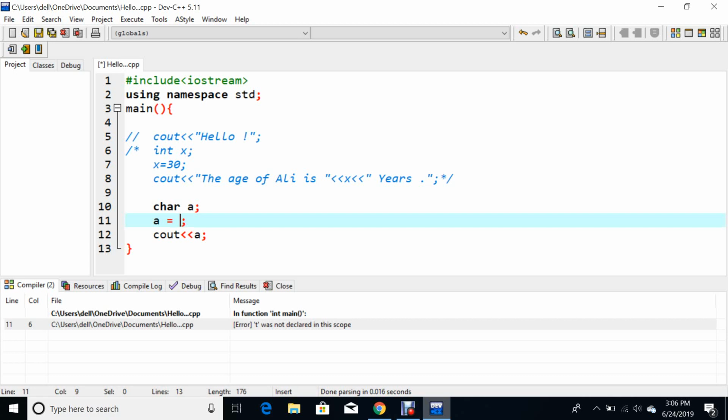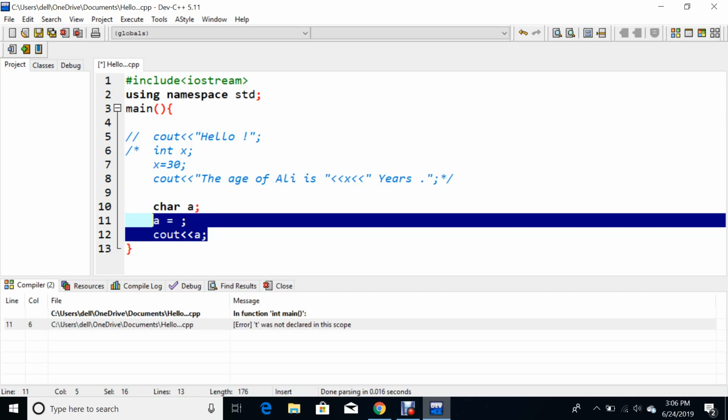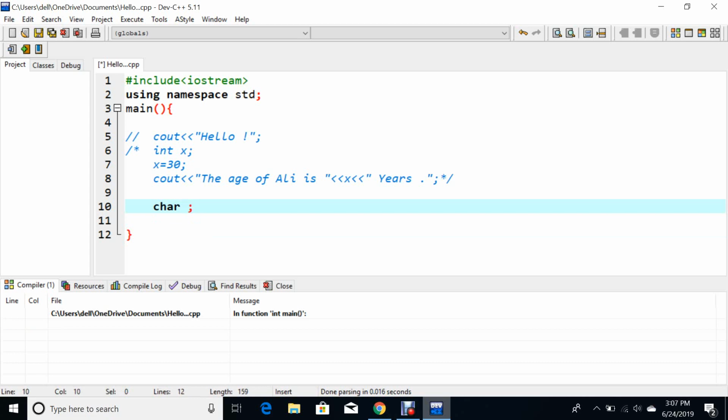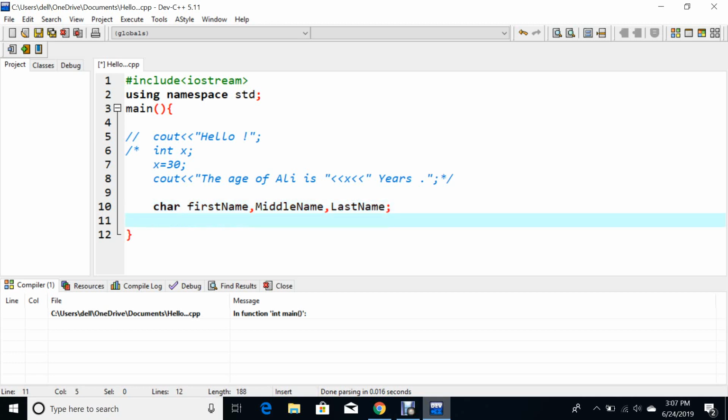Now we'll write single quote. Now let's make it something useful, and let's say we write a first name, second and middle name, and last name. Okay, so here we go, and I'll assign